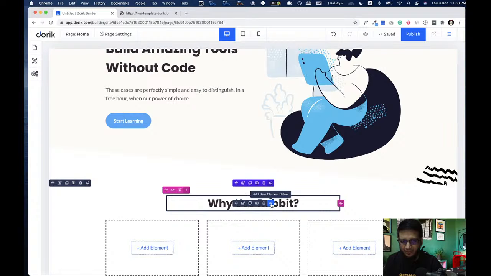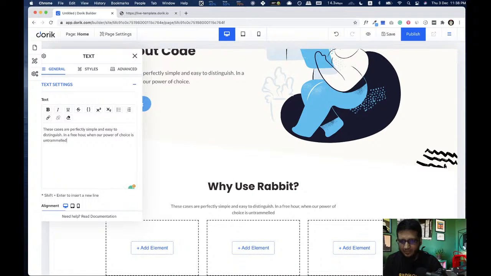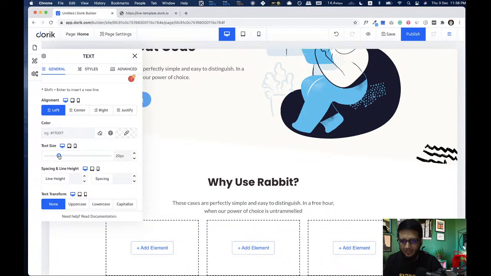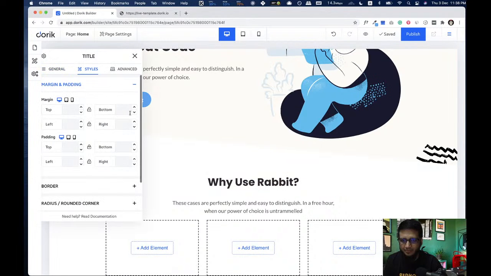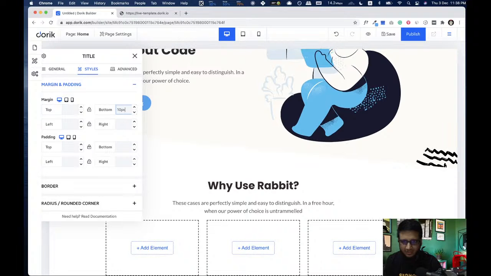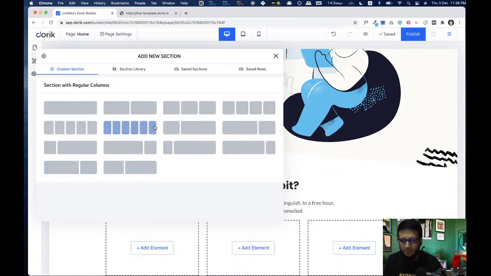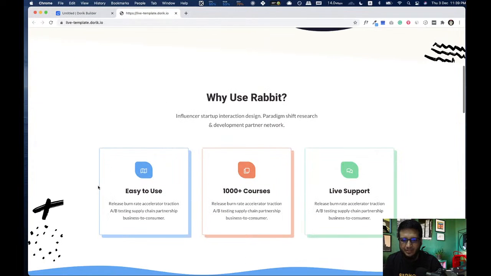So we are going to add 1 more subheading from here, and okay, so I'm gonna just remove some text. Okay, that's fine, and I'm gonna increase the size by 20. That's fine. Okay, and I'll just remove some gap from the bottom. 10 pixels is fine. Okay, so now the interesting part, I'm gonna add a blank section at the bottom so we can have some space to scroll up this section. Okay, so we are gonna design this box.